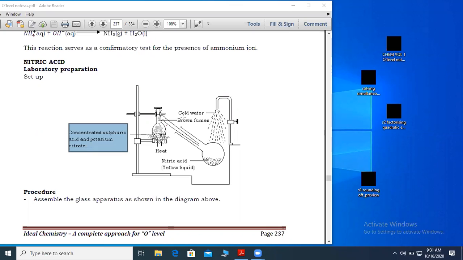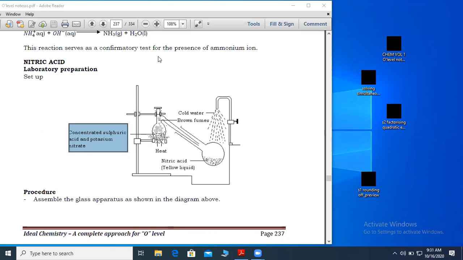That gas is only nitrogen dioxide. So we may ask you, explain why brown fumes are there in the preparation of nitric acid. I'm telling you, the brown fumes are due to partial decomposition of nitric acid, forming nitrogen dioxide